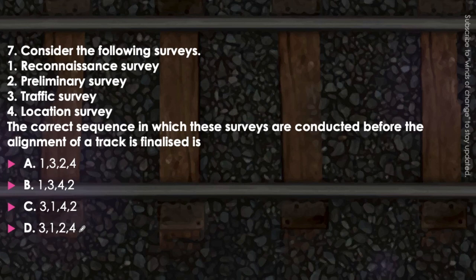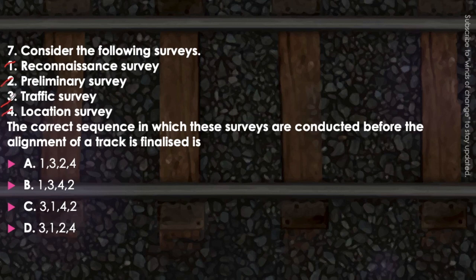In this, first of all, which survey do we have to perform? First of all, we will go for the traffic survey from OND data or whatever we can find out. We will go for the traffic survey, to see how much traffic can flow between the two places which we are about to connect by the railway track. Okay, so first of all we will go for the traffic survey. Then we will go for the recce, that is reconnaissance survey. After traffic survey we go for the reconnaissance. After reconnaissance we will perform the preliminary survey and then the final detailed or location survey.